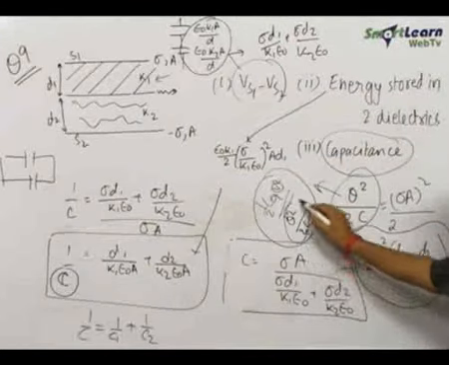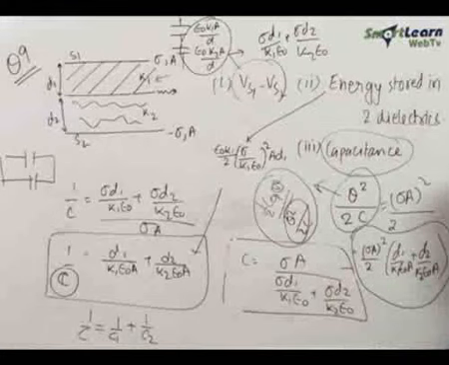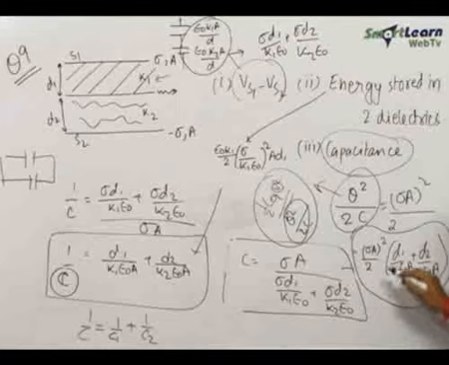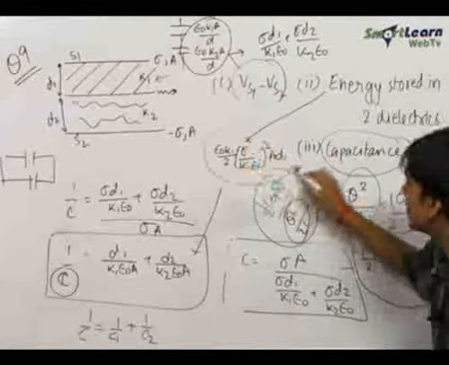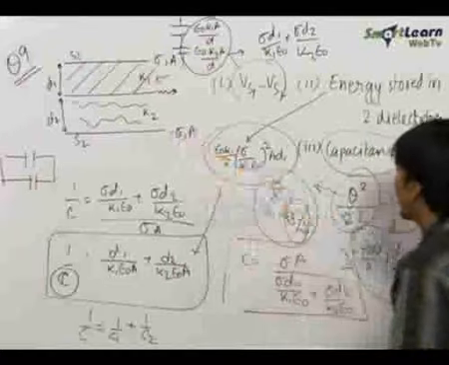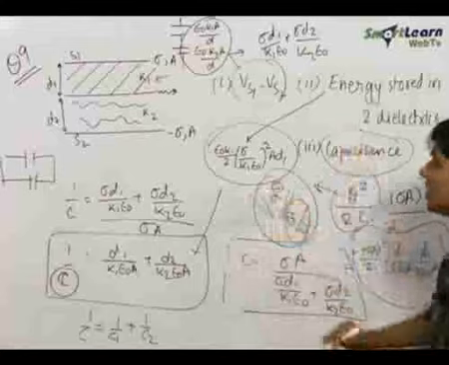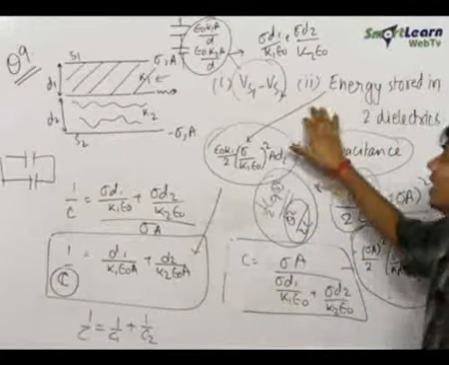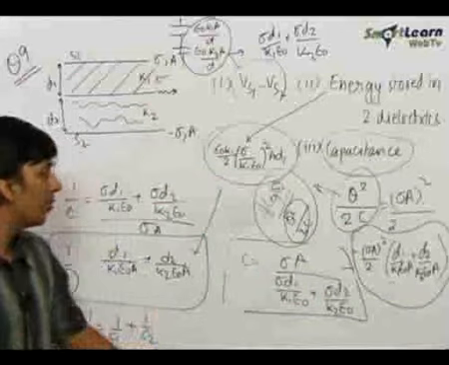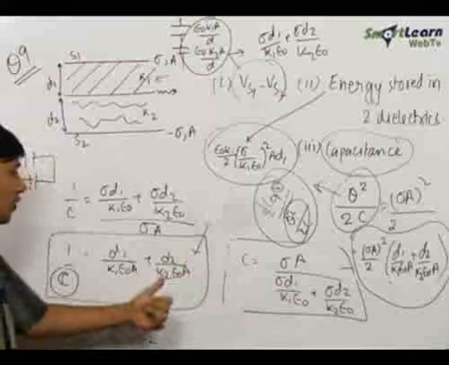We used Q square upon 2C to find the total energy stored in the capacitor, that is equal to the total energy stored in the two dielectrics, that comes out to be equal to this. And as we can check, this is equal to this plus the energy stored in the second dielectric. You can check it out. So we see here that questions on capacitance and dielectrics can be solved in various methods, but you just have to keep in mind the fundamentals and use the best method to solve the question.